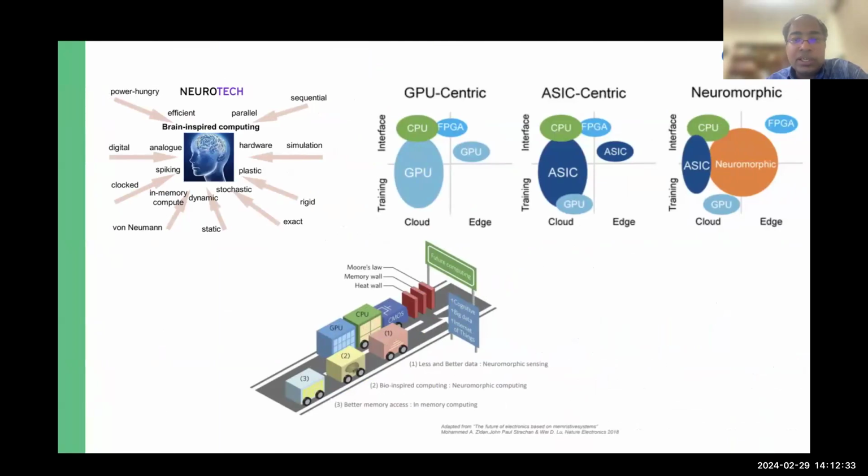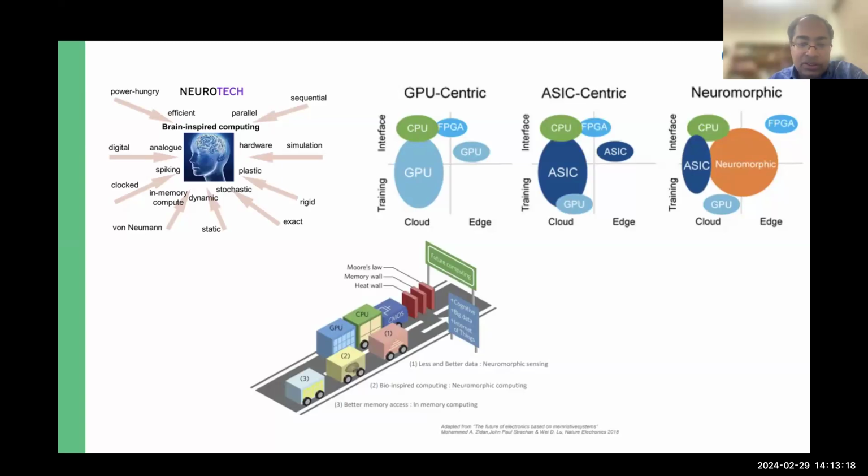Overall, if you look at the landscape of the technologies, you would see to a large extent GPU-centric computing is what we use today. And on the training aspect, you could see that practically most of the training with GPUs hardly happens because it's not energy efficient. ASIC-centric computing is also the same. And that's where analog-based computing and neuromorphic computing, all those unconventional computing approaches, come into the picture, where you try to cover all the different boxes of inference and training, both for cloud as well as edge.